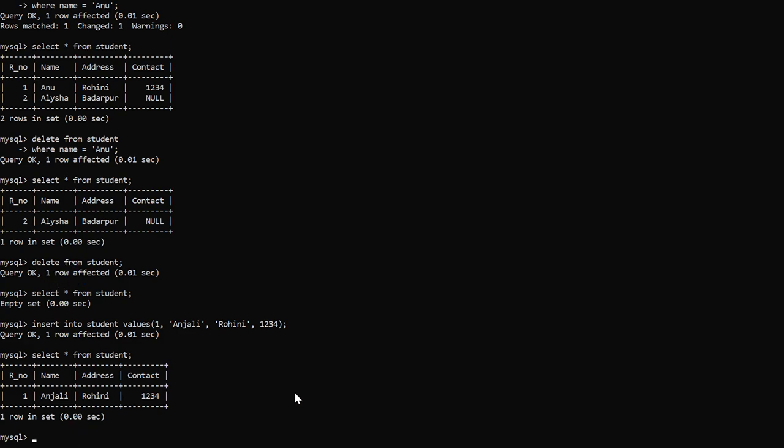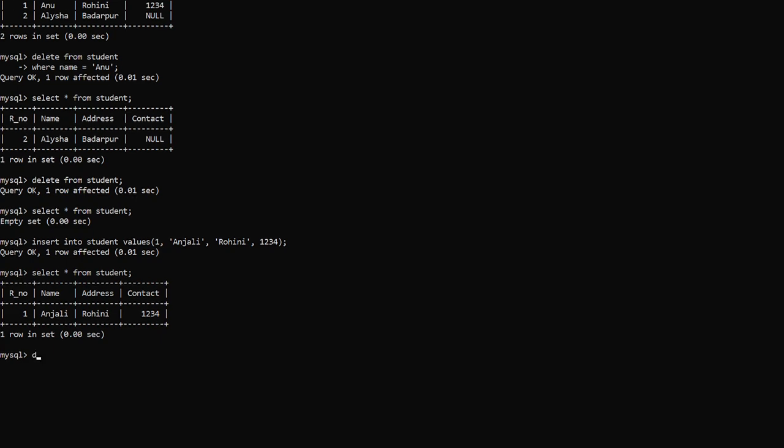But if we want to delete the schema also, if we want to delete this table permanently, we need to use drop table student. Now this is going to drop the table. Now if I want to check, select star from table name, we cannot get this table, like the table is removed from the database. Table school.student doesn't exist. The table does not exist right now, right?